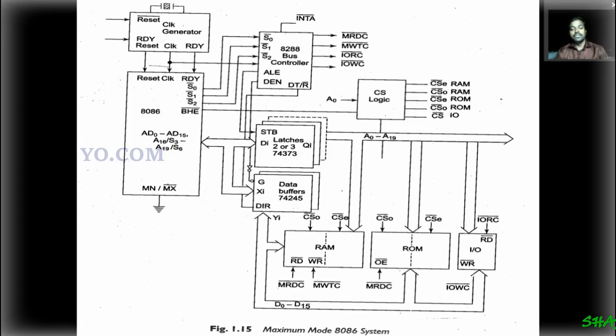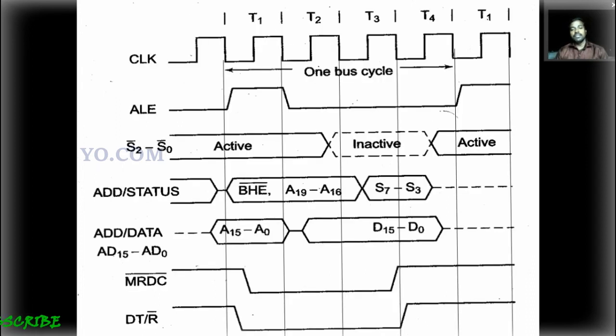So the microprocessor is free most of the time, so that it can handle more processors along with the address bus and data bus in maximum mode. Okay, so this is the maximum mode block diagram. A very important question: any one of these questions may be asked in the university examination, minimum mode and maximum mode.